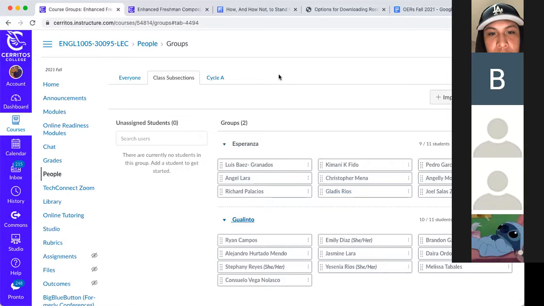So we're going to have Esperanza meet next week. What's the name of the second group, Professor? Gualinto, you can see it right in the center. I'll type it into the chat. That's the name of the main character from George Washington Gomez.